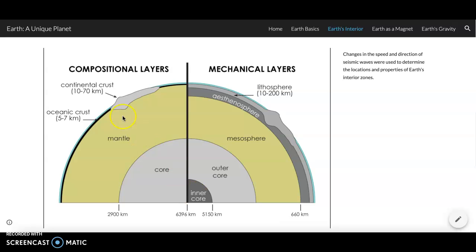So, 2 different ways to count the layers. If we're counting the chemistry, what it's composed of, the compositional layers, there are 3: crust, mantle, and core. If we count the way the Earth behaves, then it behaves mechanically like a solid, then kind of a plastic, then a solid, a liquid, and a solid. We call that the lithosphere, the asthenosphere, the mesosphere, the outer core, and the inner core. These depths here aren't that important,